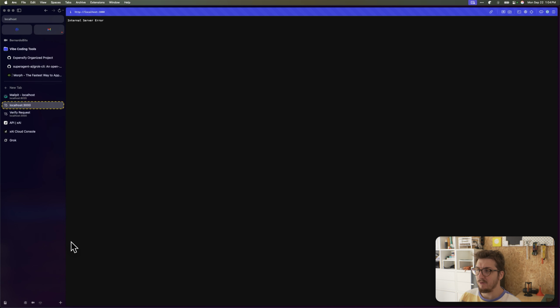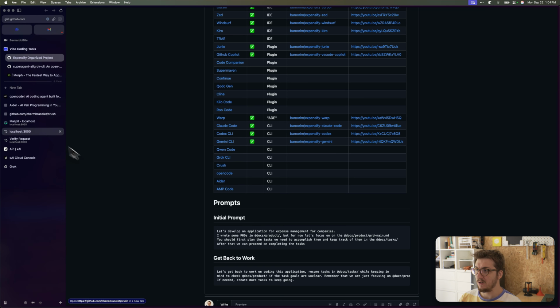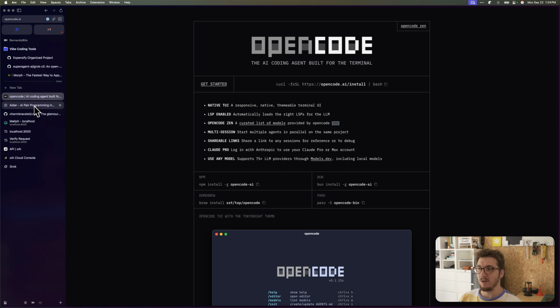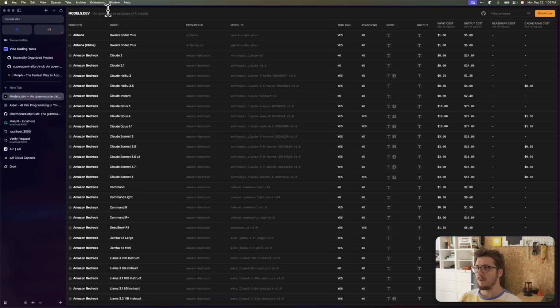I guess in the meantime, if you want to use Grok, you can use Open Code. By the way, I have some tools here that you can check. There's Open Code, Aider, and Crush. They're all CLI tools that you can run with whatever model you want. Open Code can even run with